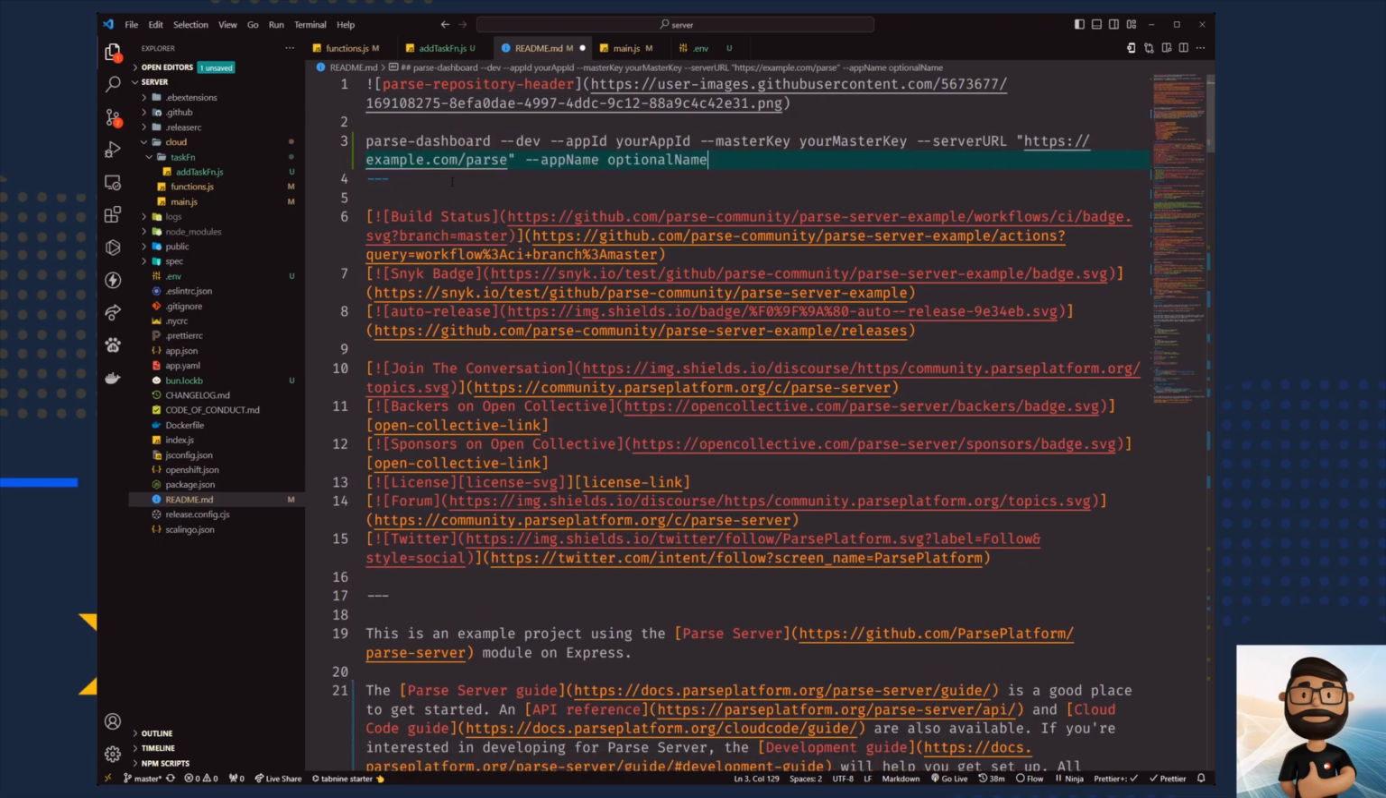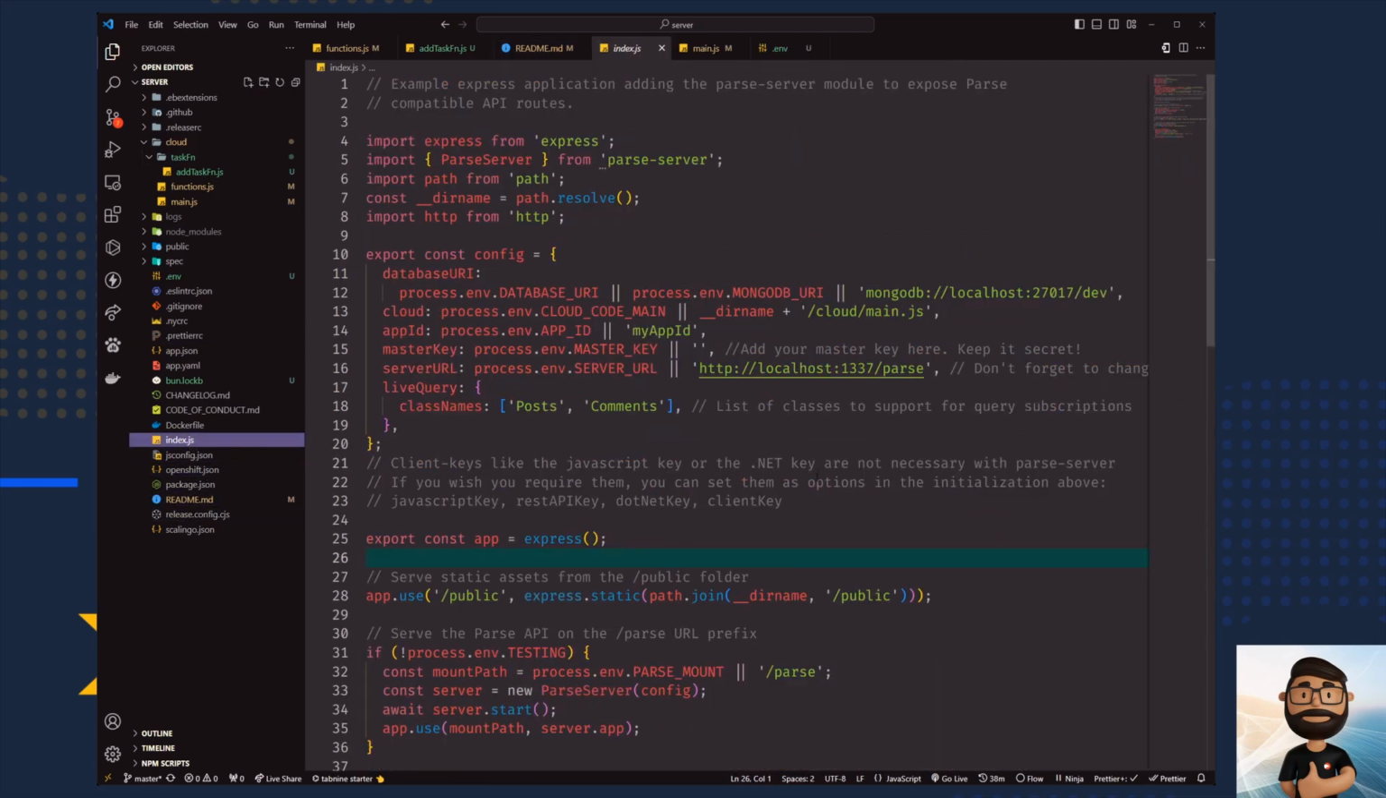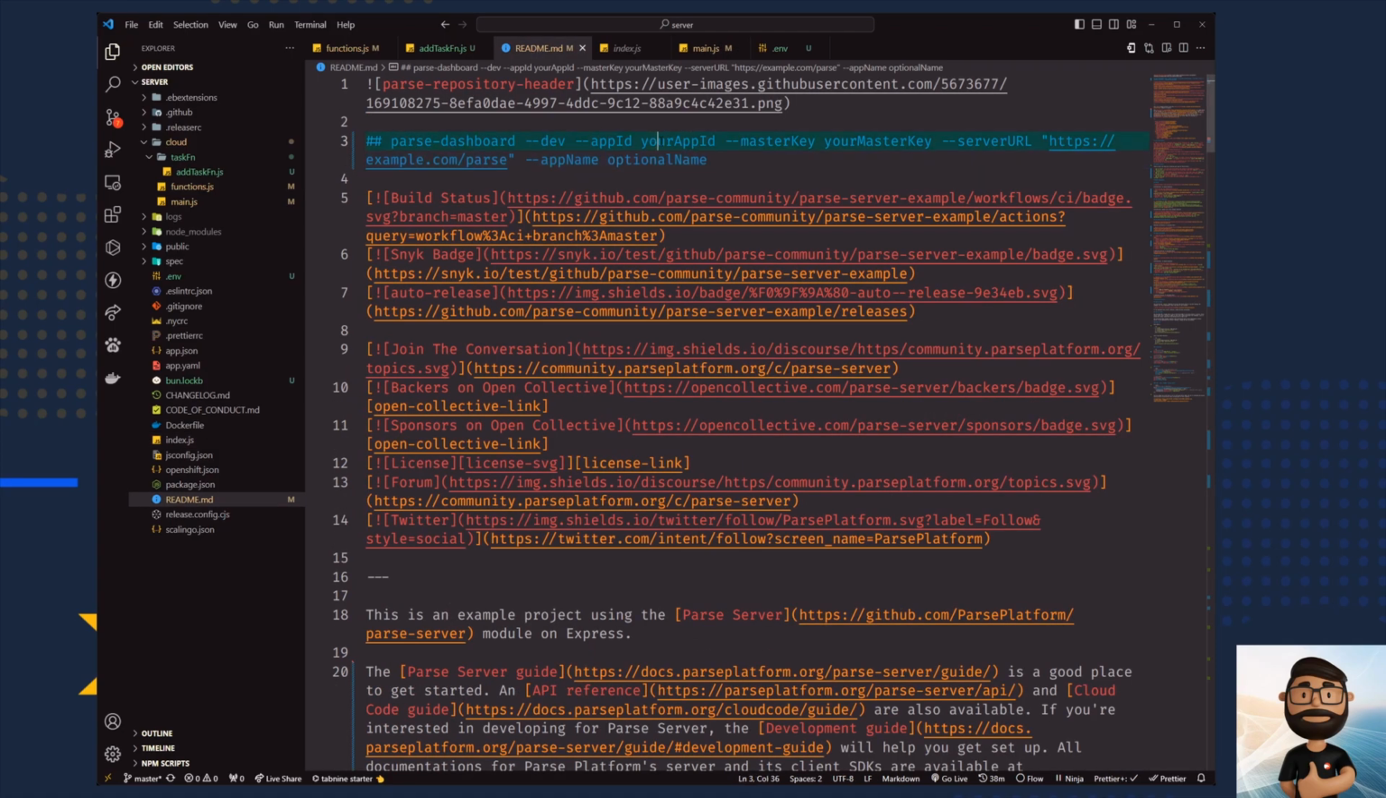So what is required is the app id. If we go to our index.js, here you can see our app id. Let's copy it quickly, go back here and save it. So app id equals my app id